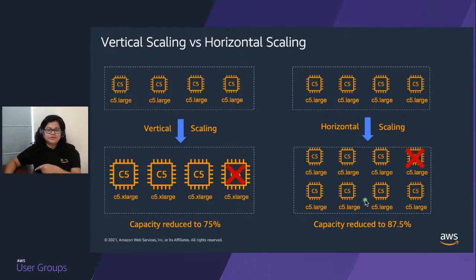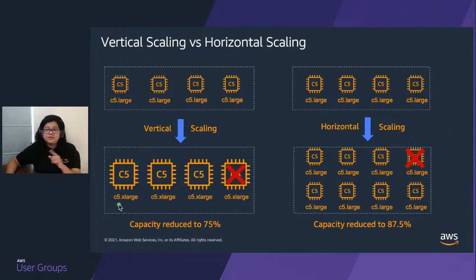Does that make sense? Let me know, audience, if that doesn't make sense. But the cost of these four C5 extra large will be similar to these 8 C5 dot large. So if you have 8 C5 dot large and you lose one EC2 instance, your capacity will be reduced to 87.5%, which is still better, right? Because you can then replace this one EC2 instance with another, or you can add two more to make the capacity better. So from a cost perspective, I'm having the same cost, but the reliability of my system is much better. So replacing instances with larger instance types is vertical scaling,